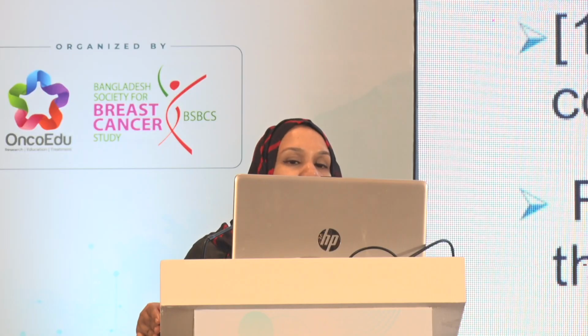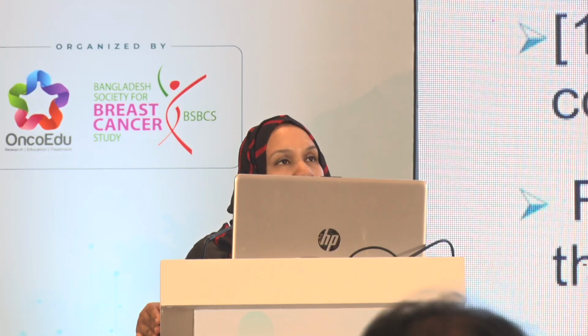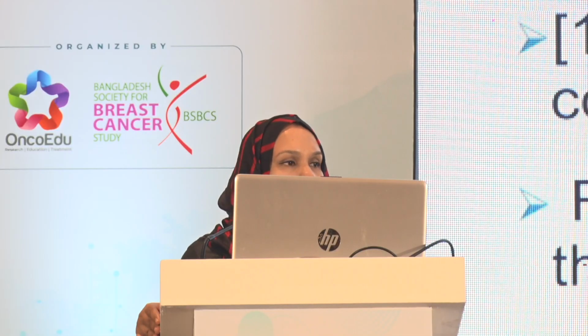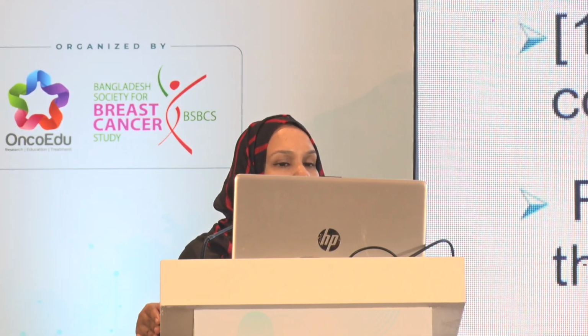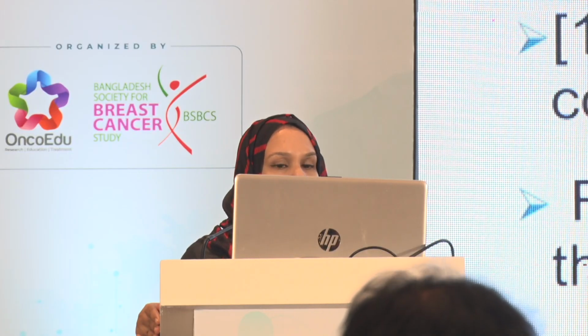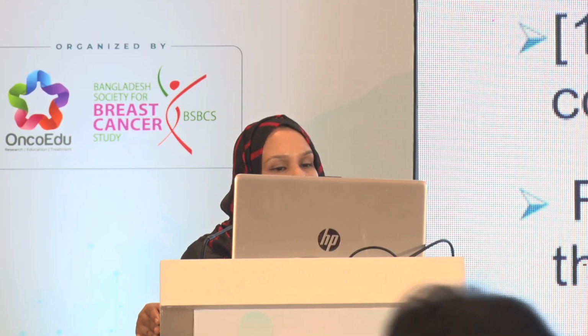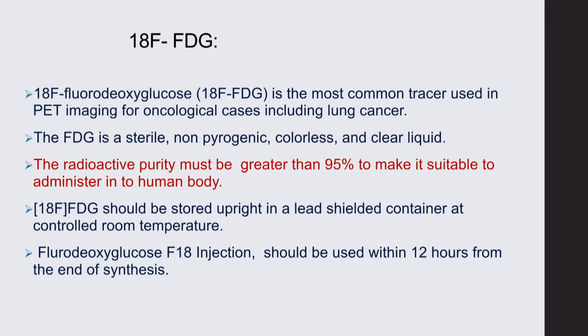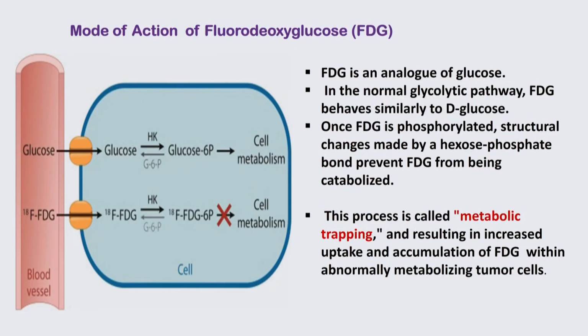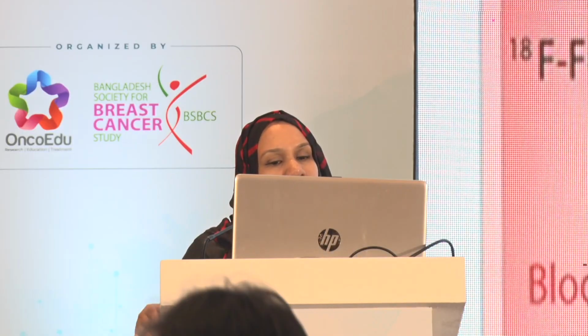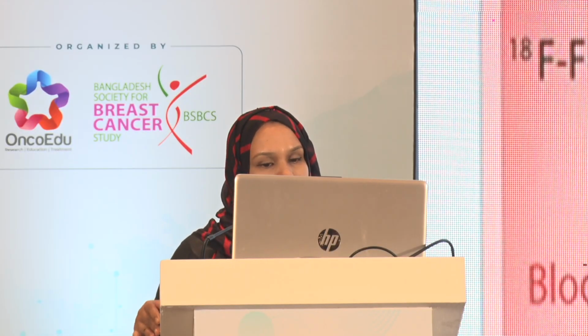Fluorine-18 FDG is the most common tracer used in PET imaging for oncological cases including lung cancer. It is a sterile, non-pyrogenic, colorless and clear fluid. The radioactive purity must be greater than 95% to make it suitable to administer into the human body. And it should be used within 12 hours from the end of synthesis. It is nothing but an analog of glucose. In the normal glycolytic pathway, it behaves similarly to glucose. But once phosphorylated, a special mechanism, metabolic trapping, happens, resulting in increased uptake and accumulation of FDG within